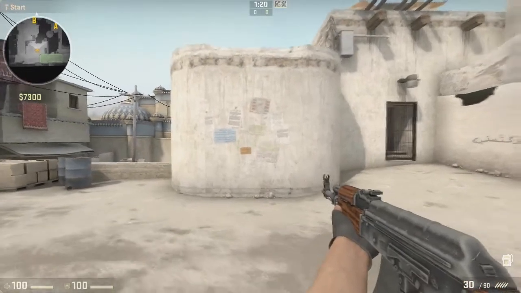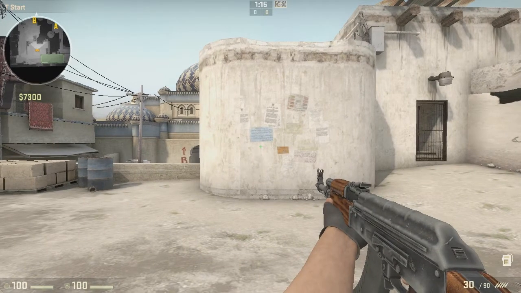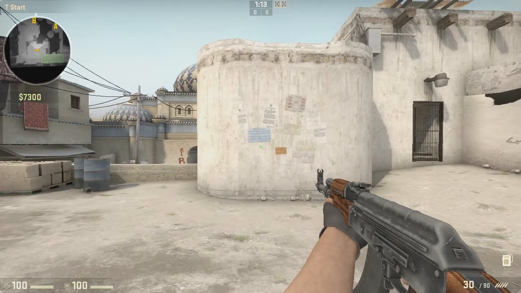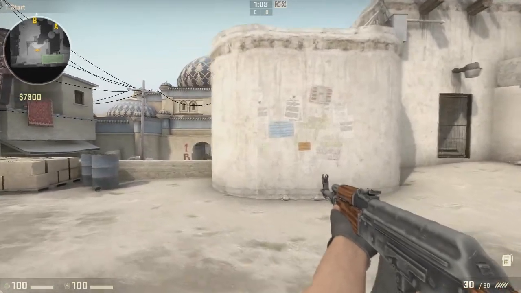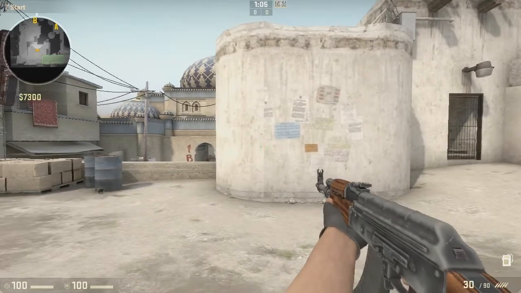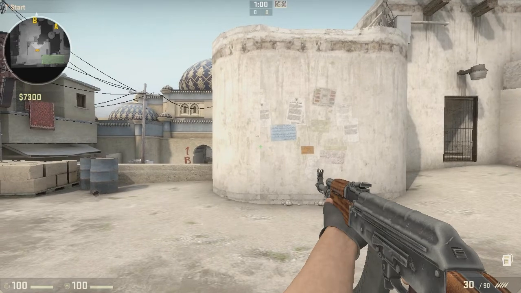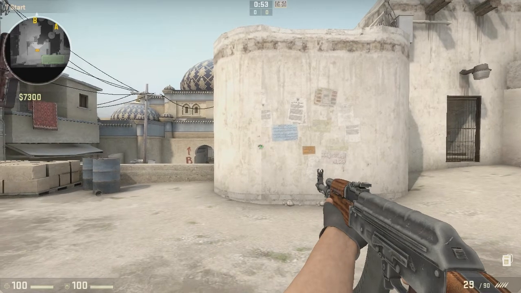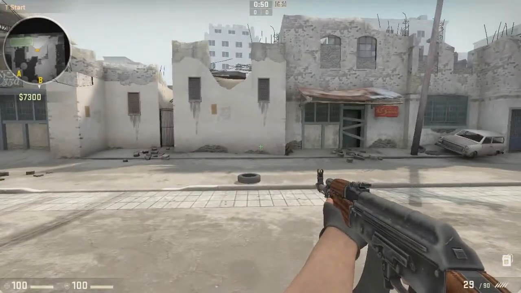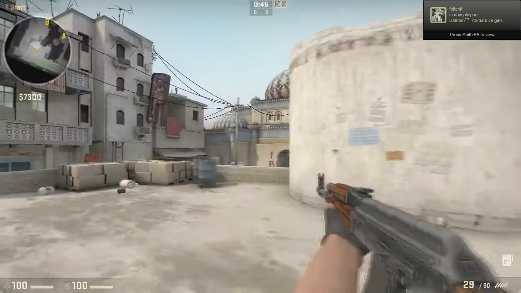Okay, so first things first, you actually need to set up your perfect sensitivity. Most players actually use this method, except me. What you do is you shoot on the wall, one shot, and make sure your mouse is on the edge of your mouse pad. Do a full flick until you reach the end of your mouse pad. So see where it ends. You need to make sure to keep it